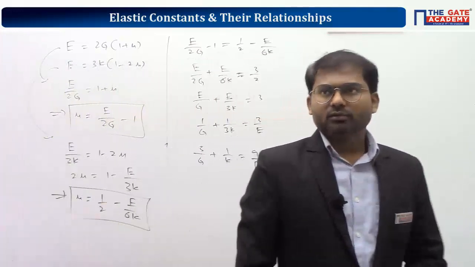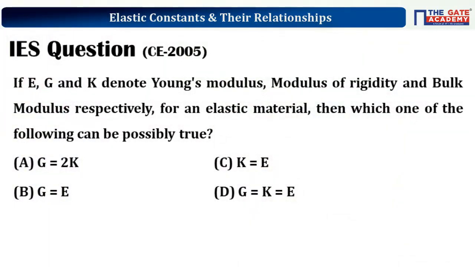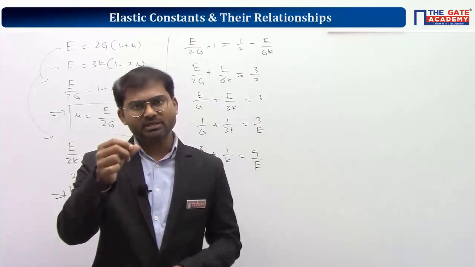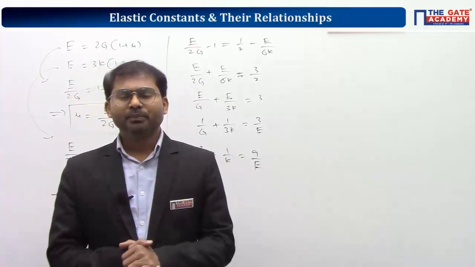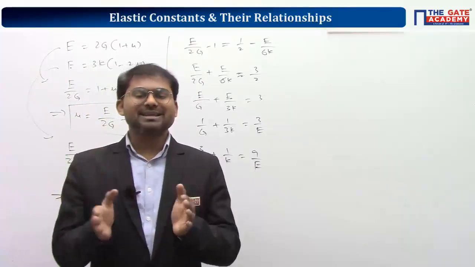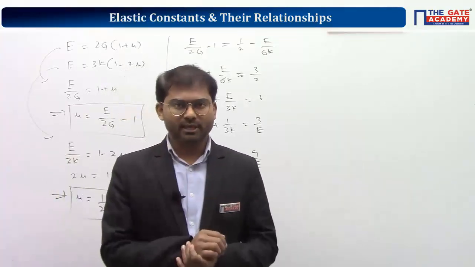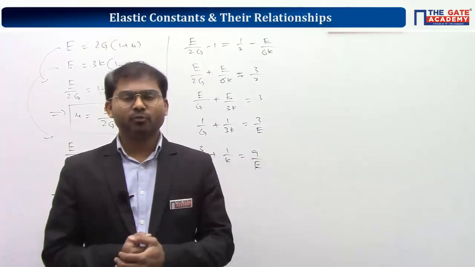Okay, so once you're done copying this, you can go with the next question. I'll give you a basic hint or basic idea how to approach this question. They have given various options, and in every option the Poisson ratio symbol is not there. That means they have taken some value of Poisson ratio.